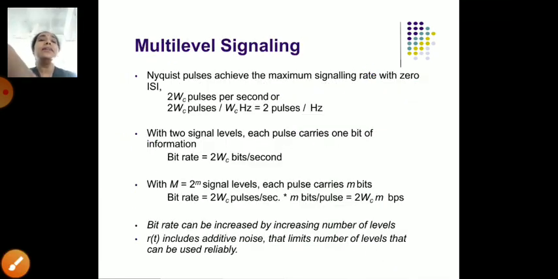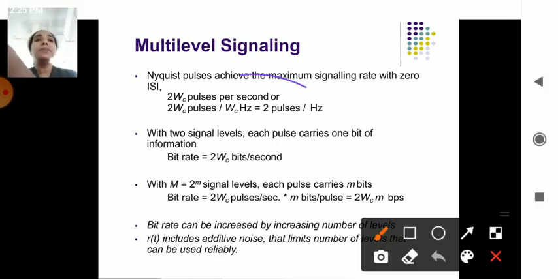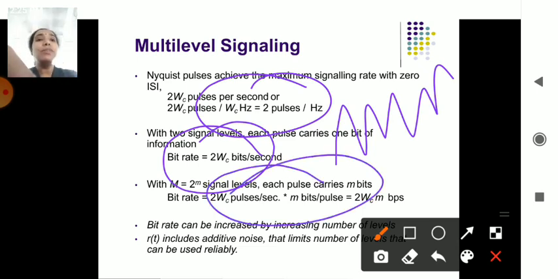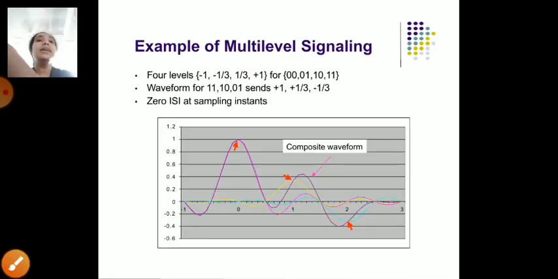In the signaling part, it may have multiple levels of signaling. Those multiple levels of signaling will have their own pulse which is doubled. So it becomes 2 pulses per hertz. The frequency will be doubled when it is flowing with multiple frequencies at a time. So it is called 2W bits per second that it will be transferring. How many bits do you transfer? 100 bits you transfer, but it will be carried with multiple signals at a time. Those are multiple bits per second over the pulse. That is called multiple signaling,